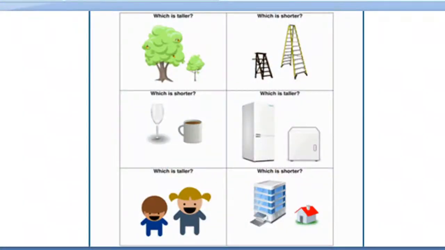You all can see this picture on the screen. In this picture,